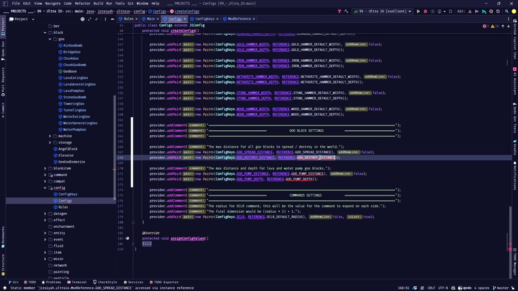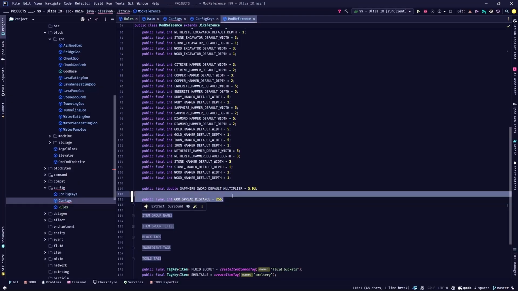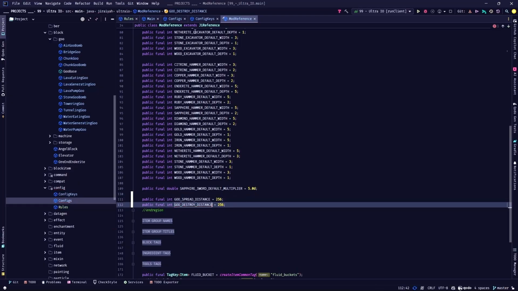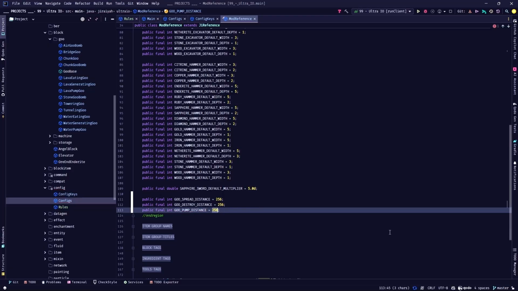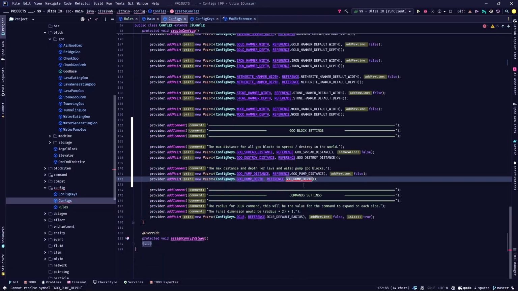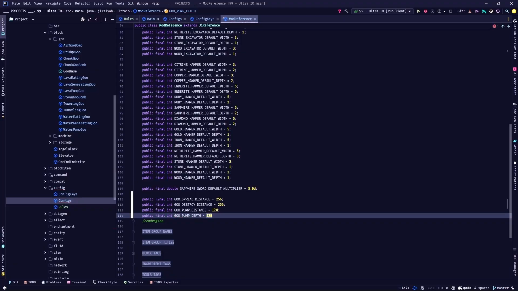Yeah, that will work. So then we have this guy, copy, just make it duplicate, put the name, destroy distance. Then we have the goo pump distance. So Control D, goo pump was 128, and Control C, duplicate the depth. I decided to go with 64, and basically we are done. I will stop the video here and I will add the rest of the configs because I have many integers